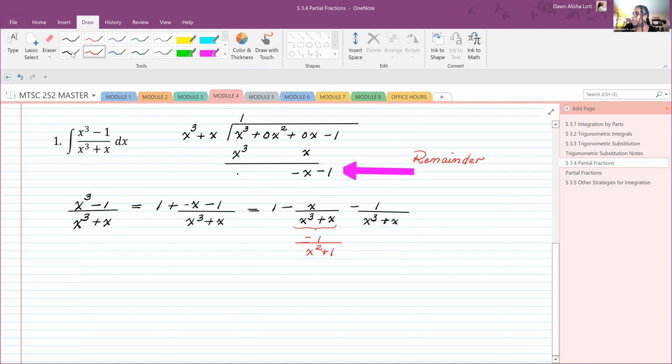So now I get, if I want to do this, the integral of x cubed minus 1 divided by x cubed plus x dx is the same as integrating 1 minus 1 over